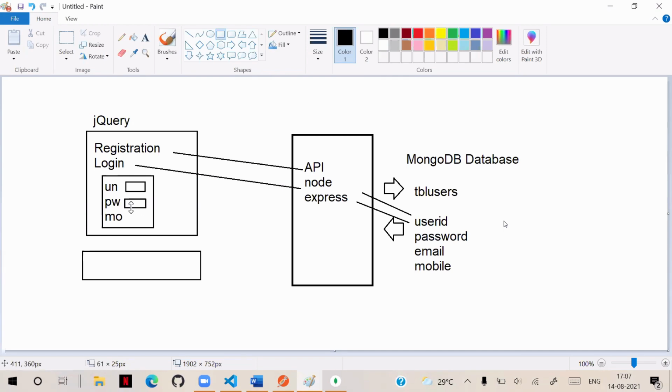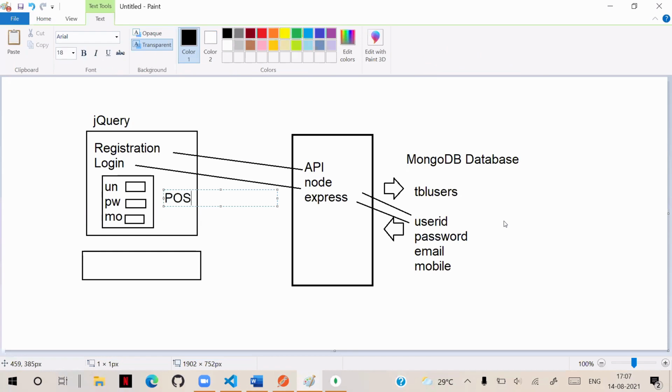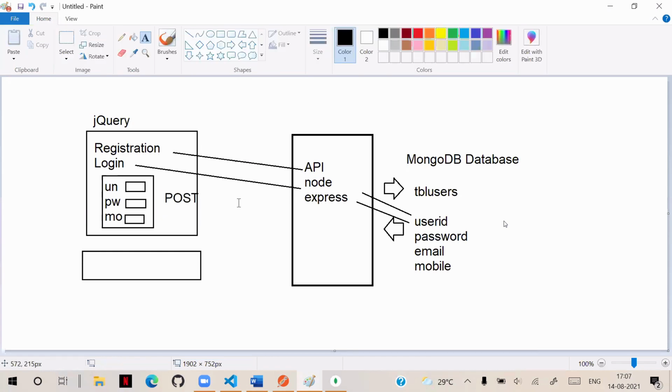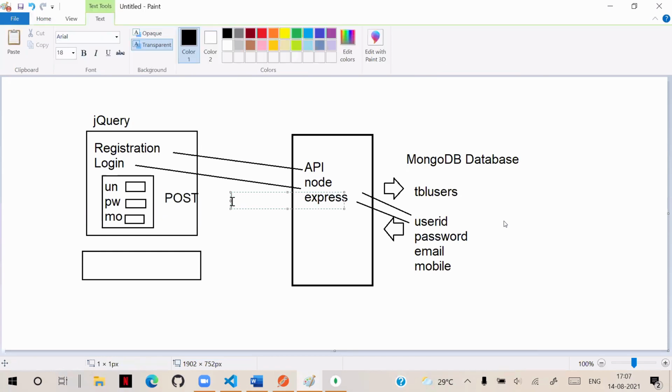Generally, on which request will they submit the data? Actually, we always expect them to submit the data on post. When they submit the data on post, where will the data be? We learned two options. Data can be submitted